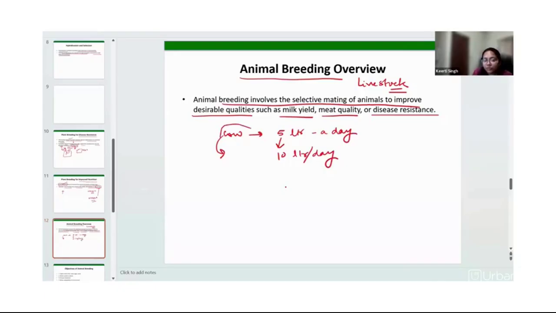We will breed this cow to create a new progeny which will yield milk that will be 10 liters per day, right? So again, depending upon what kind of product you want, you will do the experiment, right? You will do the breeding